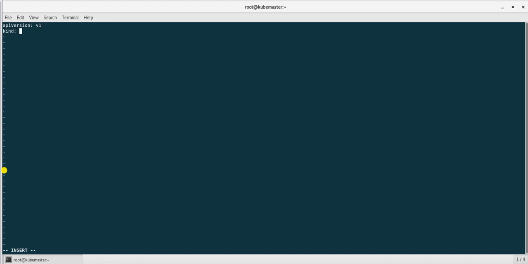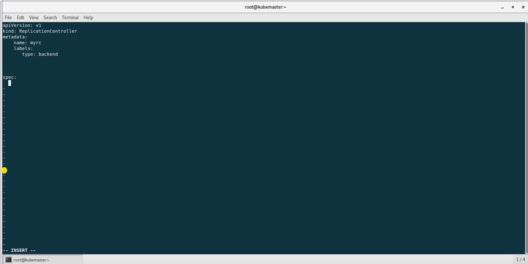Kind will be ReplicationController. Metadata, we will provide the name, my RC, my replication controller. Labels, we will provide labels, type, let's say backend. This is just a key value pair, so you can give anything you want. Then we will define the spec for the replication controller.